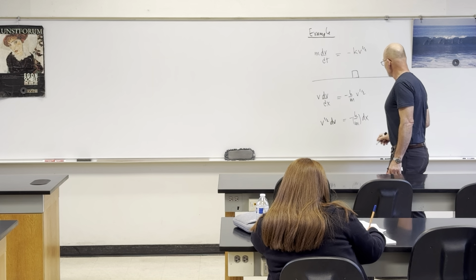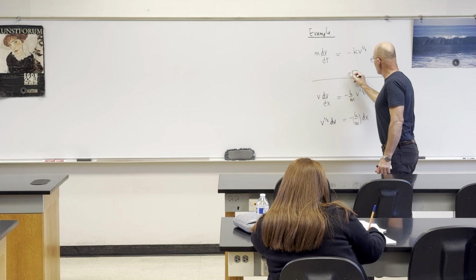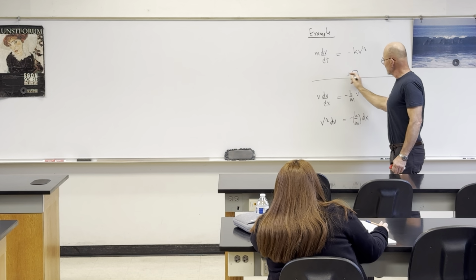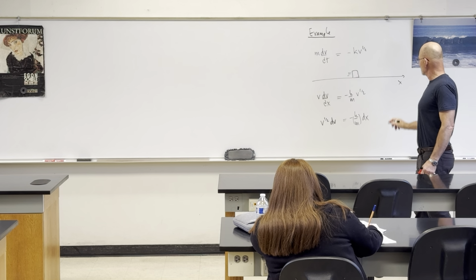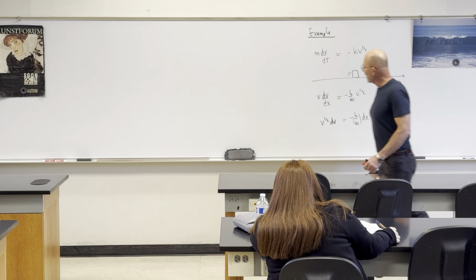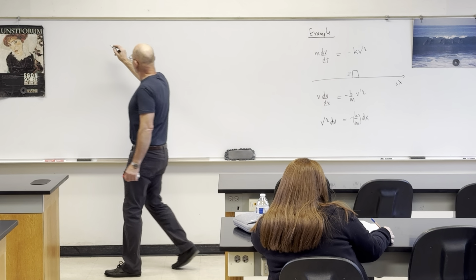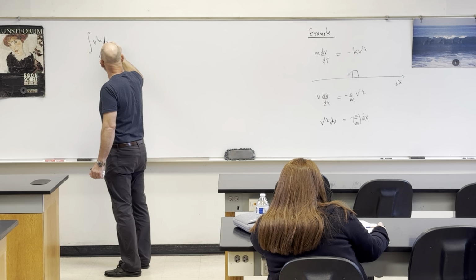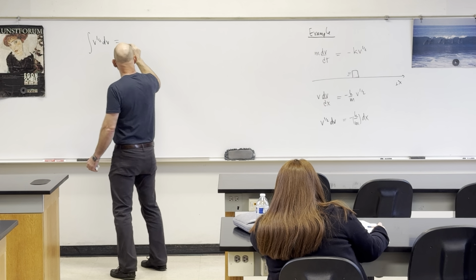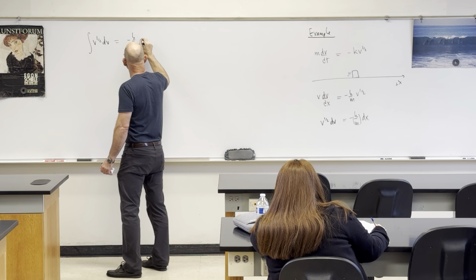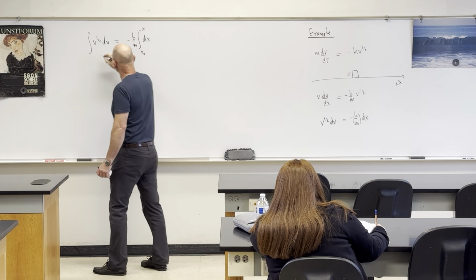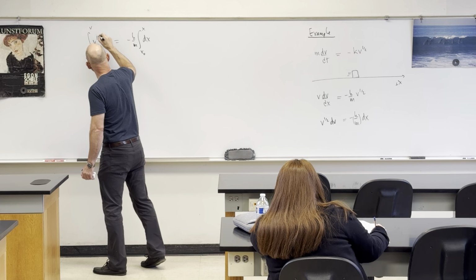So, once again, we were moving forward, but we had a friction law in the opposite direction, positive x. So yeah, what do we get? If we integrate v to the 1/2 dv minus k over m dx, x naught to x, v naught to v,